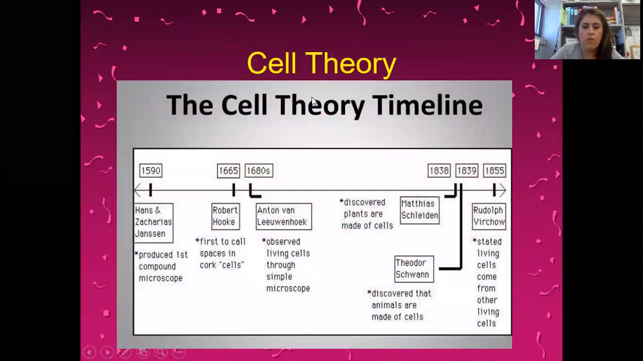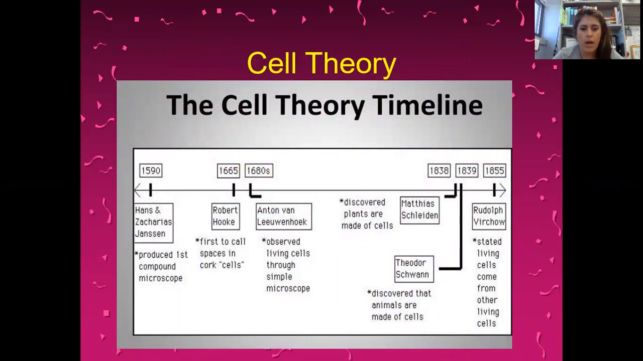So this is a little bit of a review of the cell theory timeline. If you remember a few weeks back, you had to create the timeline yourself. So it all began with Zacharias Janssen, who produced the first compound microscope. And then Robert Hooke, he was the first to call spaces in cork cells. So when he looked under the microscope, Robert Hooke saw these little spaces